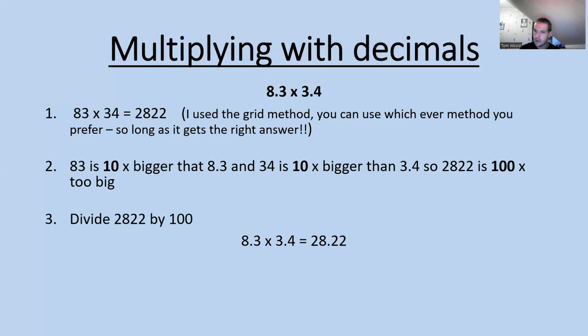Again, if that's a little bit confusing, don't worry. I'm sure it'll make more sense as we progress through the course and we'll recap these skills. The other way